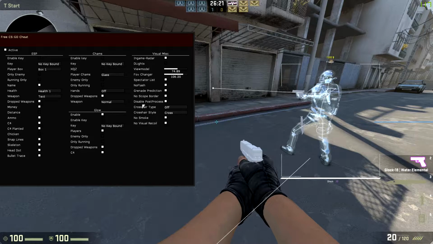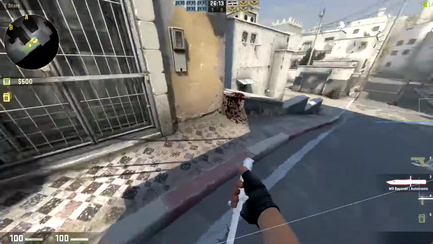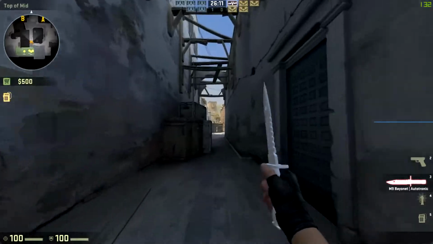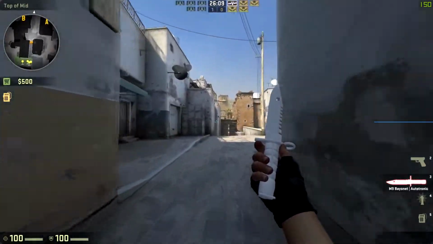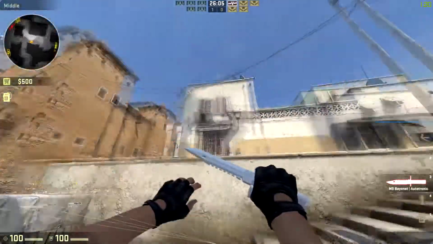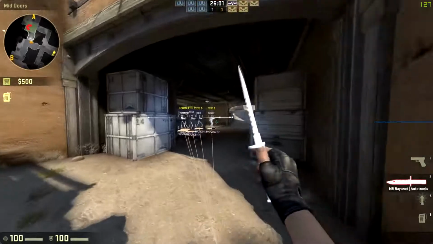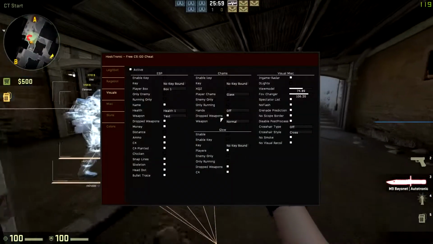If you want to have that on, press enable. I already have it on ESP, so I don't need that. Visual misc. Now, if we head on over to CT spawn, hold on, let's just go. I really like the textures of this map, especially on 4K. This is nice. Alright, so going over here